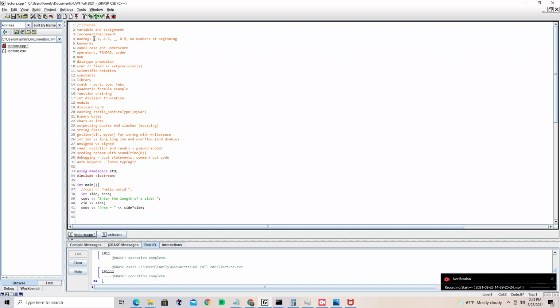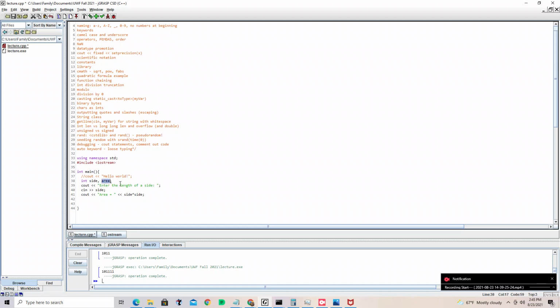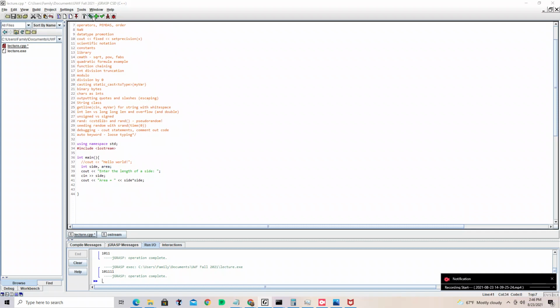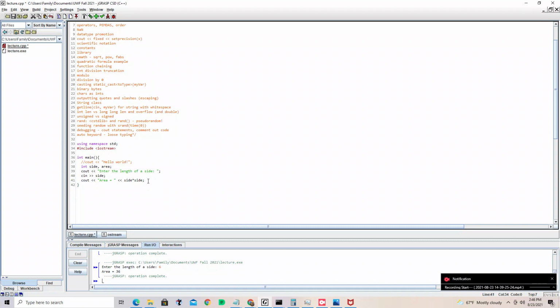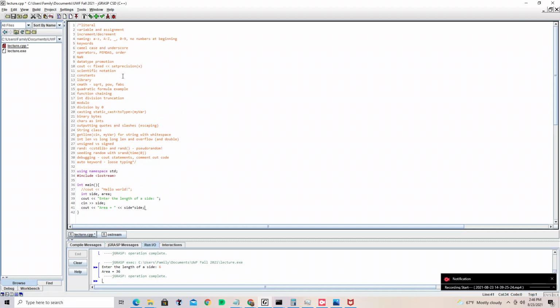And what did I tell you? Oh, yeah. So naming convention. Naming is important. So side, area, these are sensible names. These make sense. If you're going through a program as a maintenance engineer, you're going to want to know what things stand for. Trust me, nothing is worse than having obfuscated variable names that mean nothing. Now, there are some restrictions. They have to start